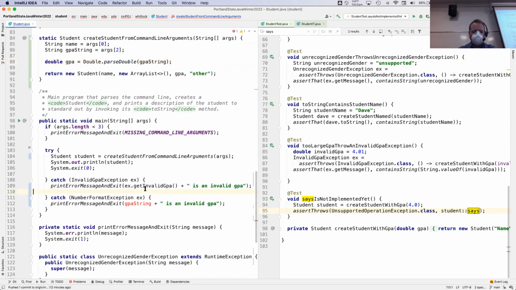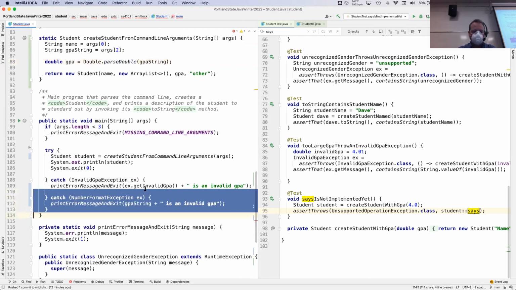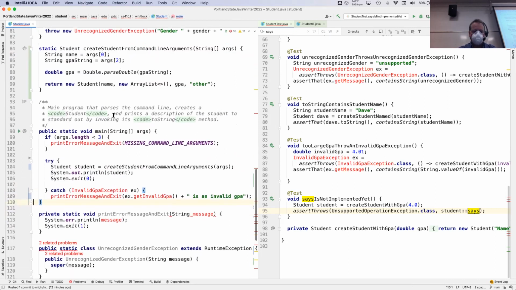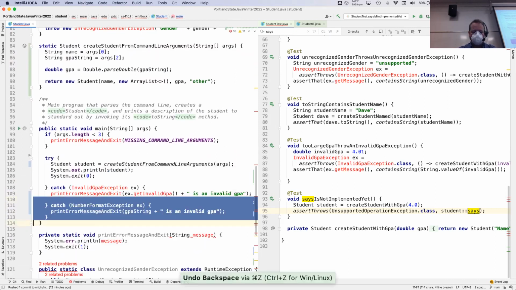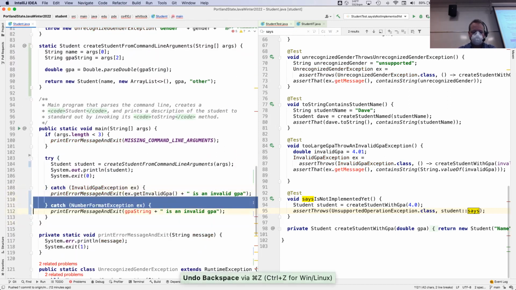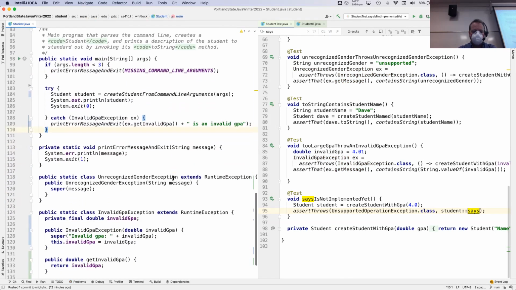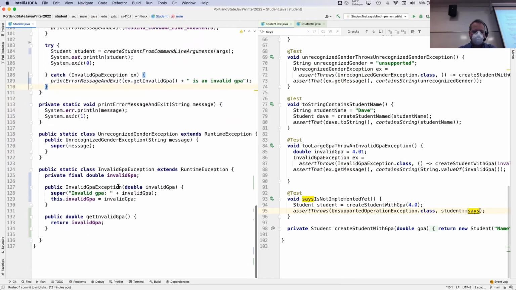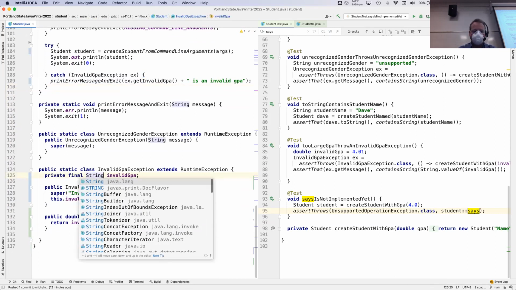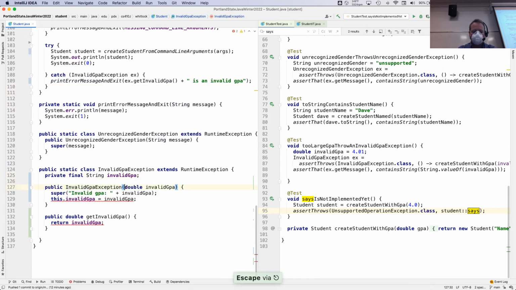So it shouldn't throw this anymore. And instead, oops, what doesn't it like? I deleted too much. And instead, invalid GPA. I now want to throw a string. I want this to be a string. So let's see here, how can I do that? Now let's change this to be a string. Change this to be a